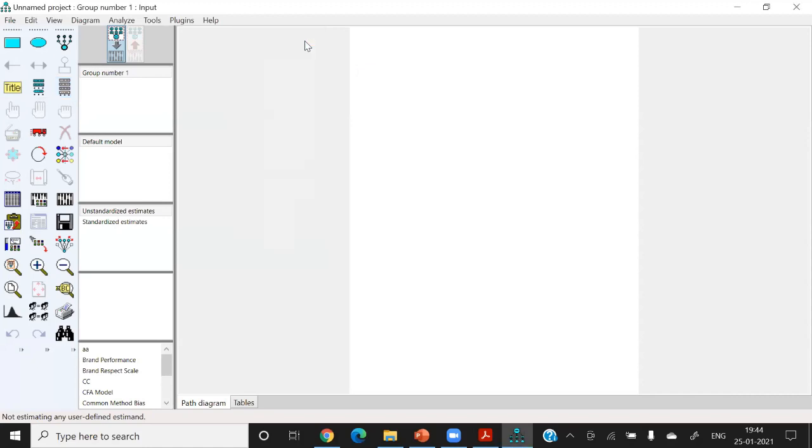Okay, so I told you how to use A8 and how to use C3. Now I'm going to use C1. When I select C1, you can see this type of icon on the canvas. First of all, I am going to make a construct. You just drag and drop. Now I feel that the size of this icon is very big. I have to make it small.